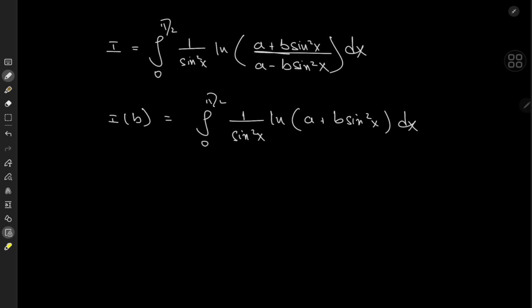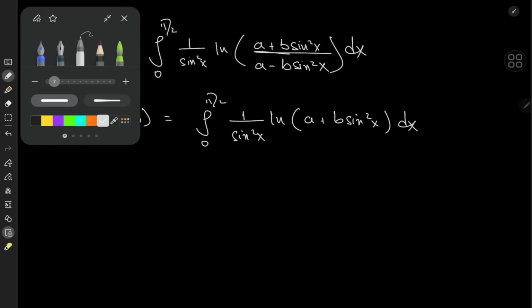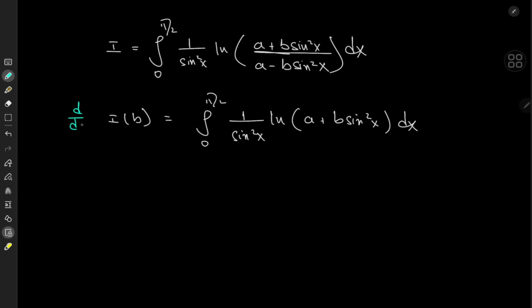And this is cool because, one, we have logarithms, and if I just subtract a couple logarithms, then I have the logarithm of the quotient, which should serve well for our target integral. Okay, cool. So I'll differentiate this thing with respect to the parameter b. So that gives us I prime of b on the left-hand side, and on